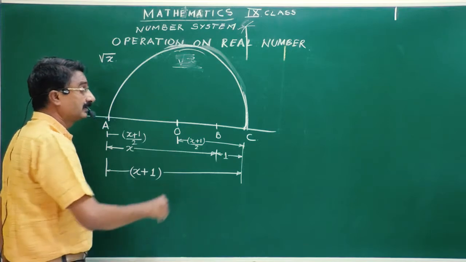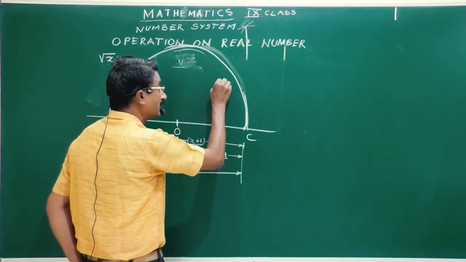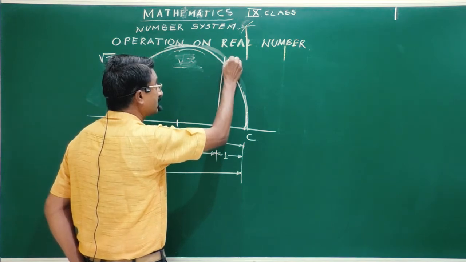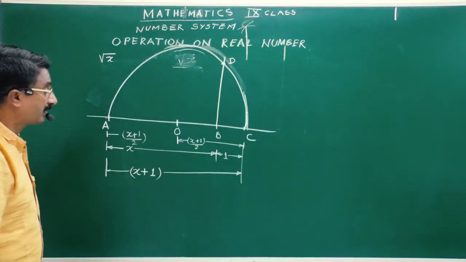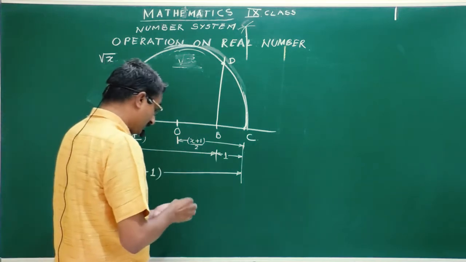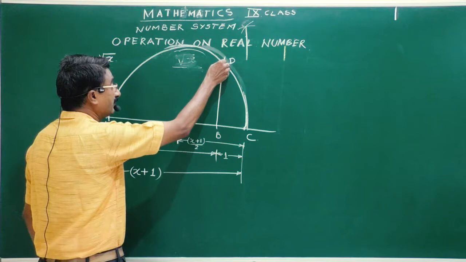उसके बाद क्या किया था? B से अपन ने perpendicular खींचा था. So again we will draw the perpendicular and say this is the point D. This is the point of intersection. Clear? Here, for making the proof or for finding out the proof, we will join